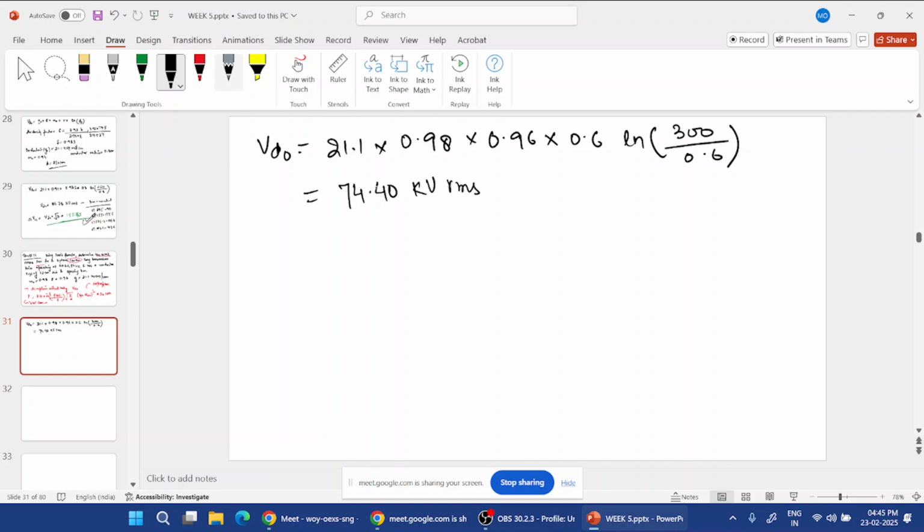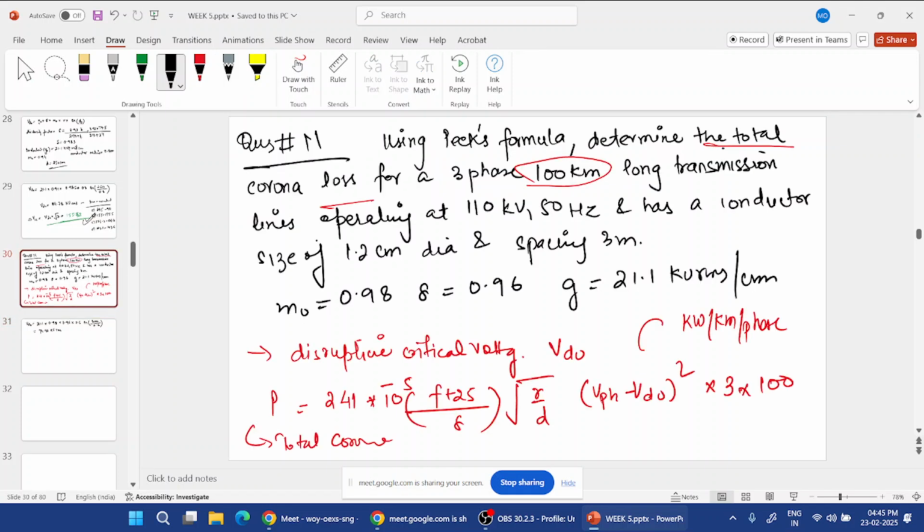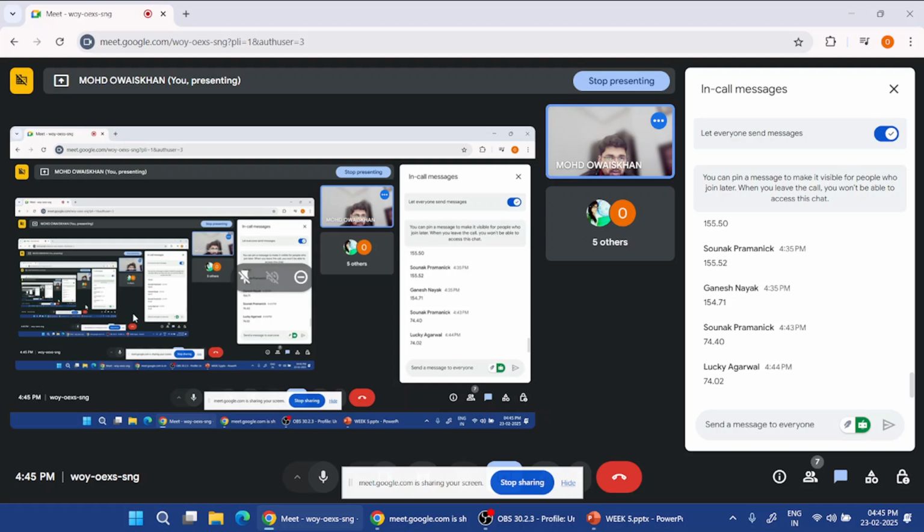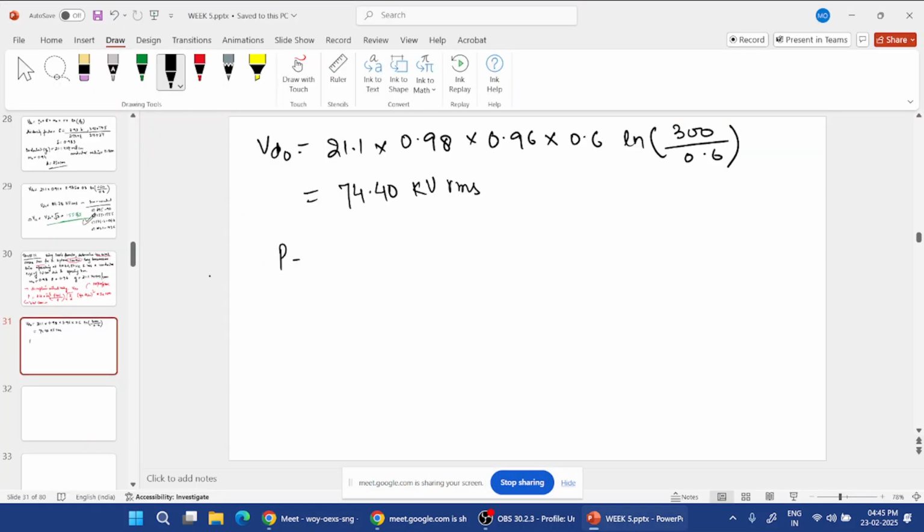Now we have to calculate the V phase. What is V phase here? Just a second. V phase will be 110 by root 3. Okay, am I correct or not? Yes. So P loss, first of all, 3 into 100